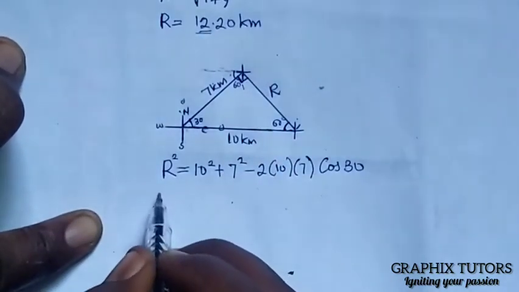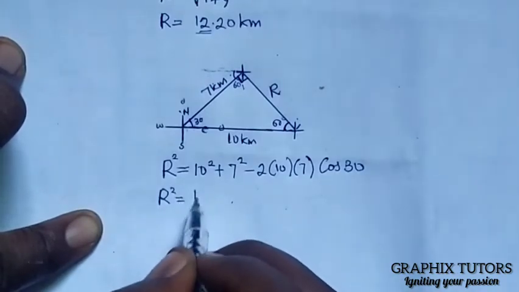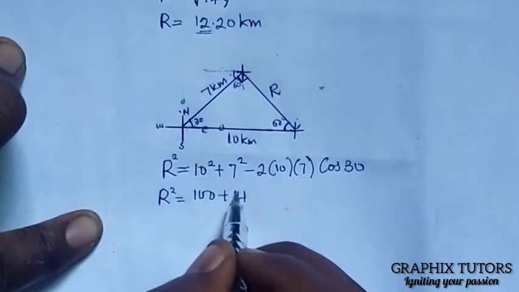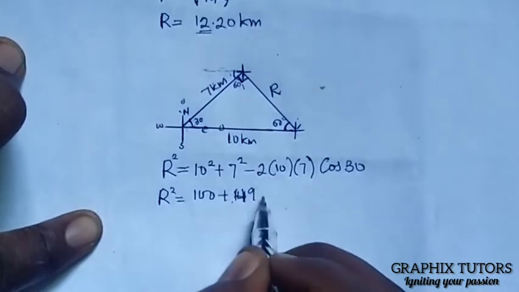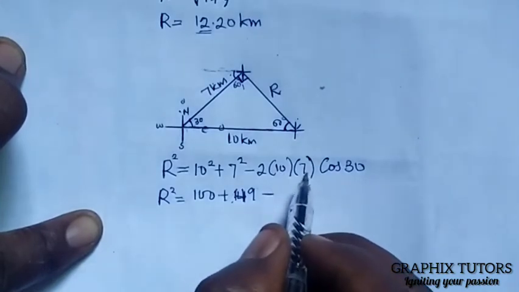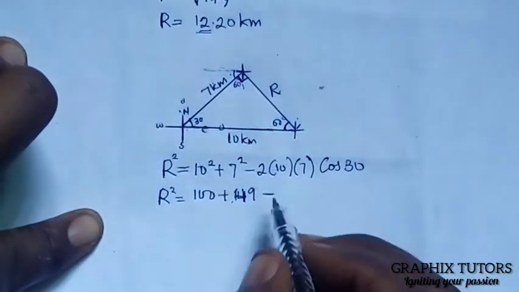So my R square will now give me 100 plus 49 minus 2 times 10 is 20, 20 times 7 will give me 140, right? So it will be 140